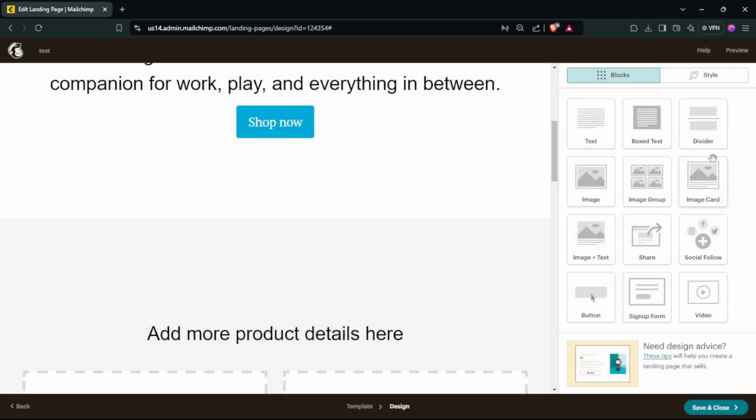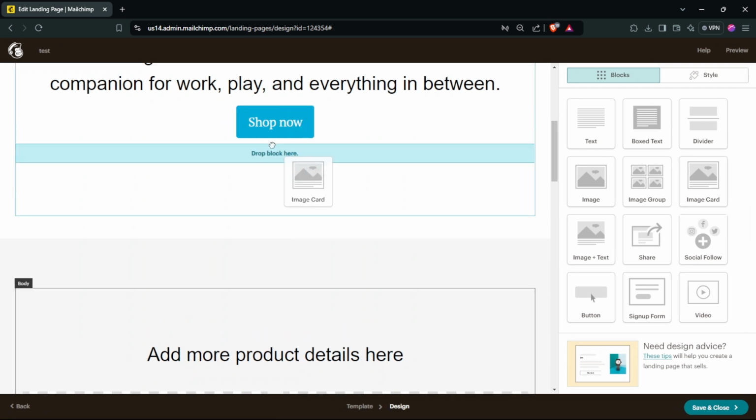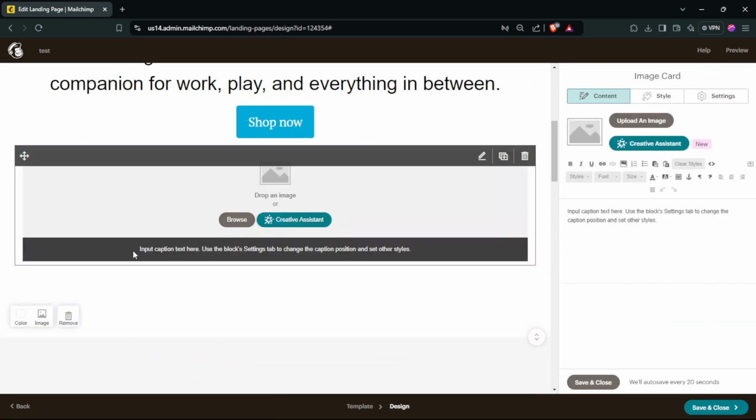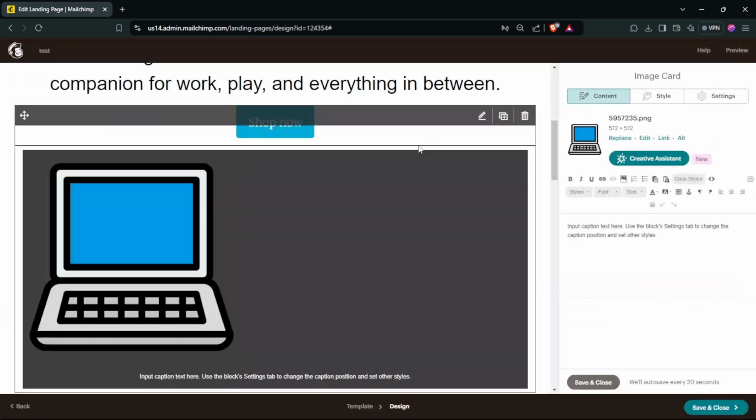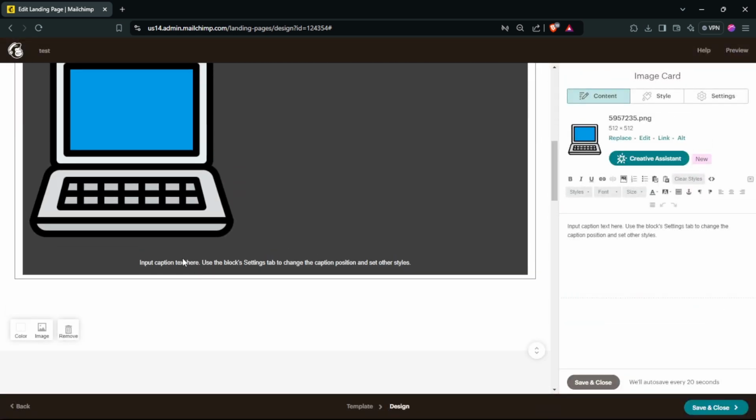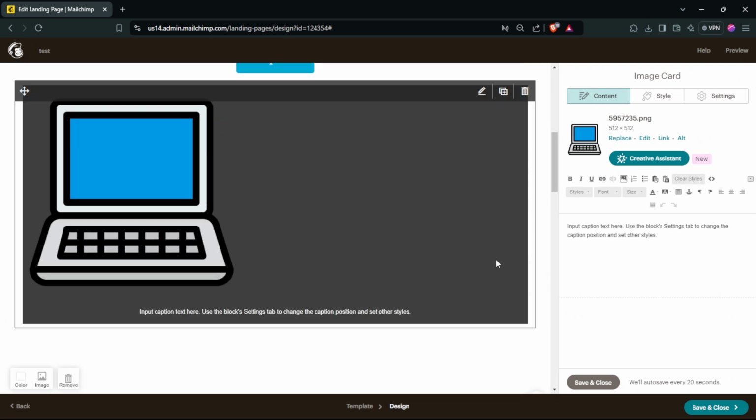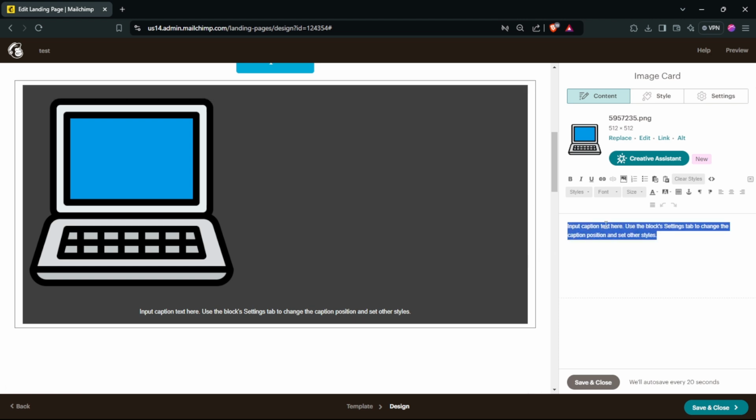If you want to add an image card, you just drag this block, as you can see, and then you can again just click here and upload your image, and then you can add some text. The main difference between the simple image block and the image card is that you have this box, as you can see here, and also you can add some text. Simply, you can add some caption right here, as you can see,